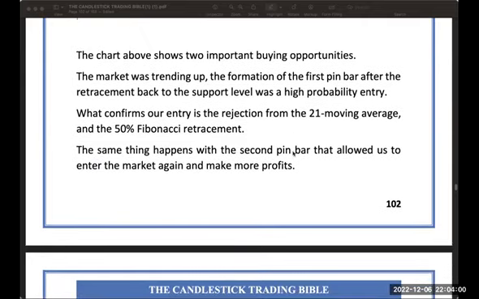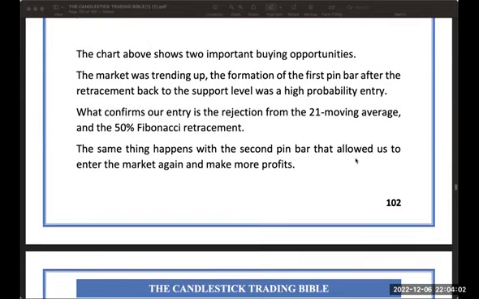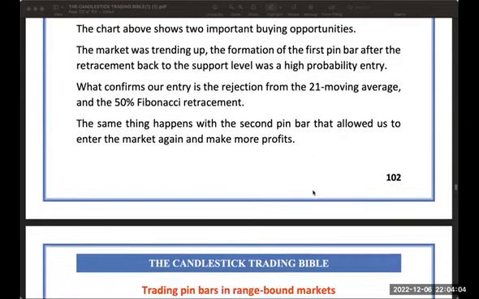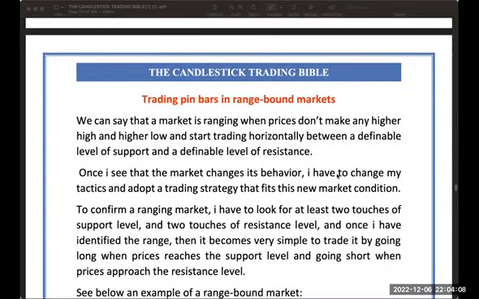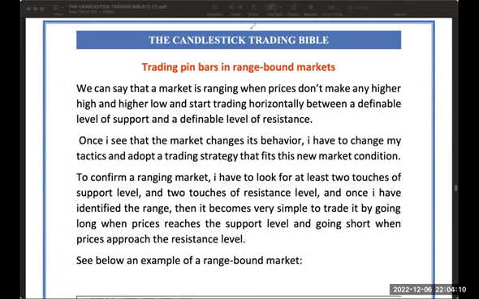Okay, the same thing happens with the second pin bar that allowed us to enter the market again and make more profits. Trading pin bars in range-bound markets. Okay, so we are coming now from what? From a trending market into a ranging market, right? So we can say that a market is ranging when prices don't make any higher high and higher low,